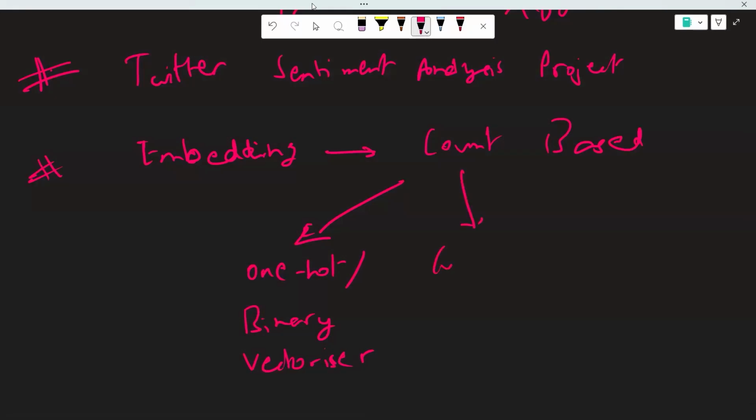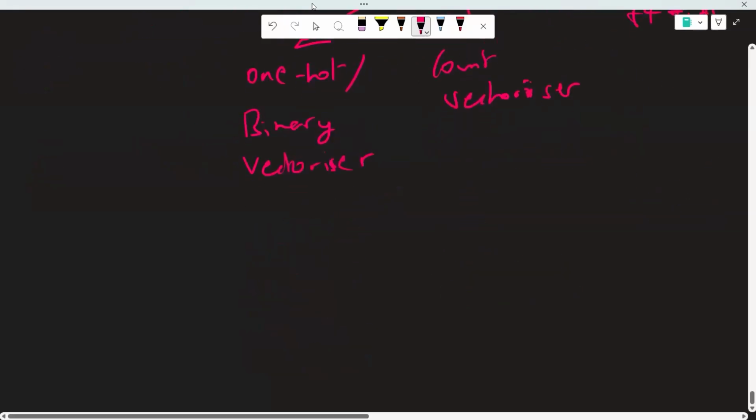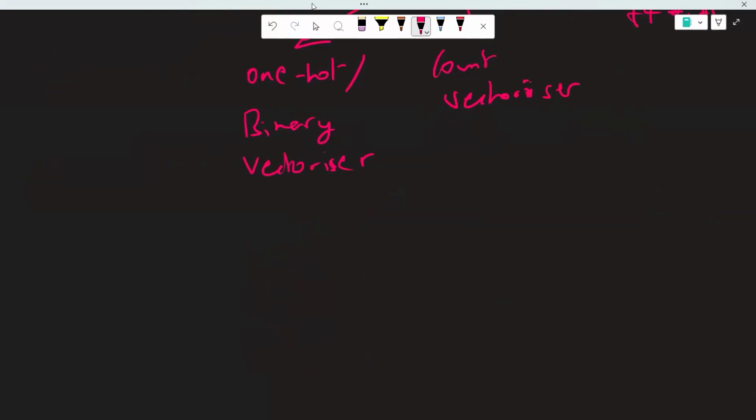We discussed the count vectorizer. We discussed TF-IDF. So all of these things will help you convert your text categorical columns into some numerical values. For example, wherever you have some text data, that will get converted into numbers. And that's the main thing which machine learning wants, right? Because numbers is what ML can understand.